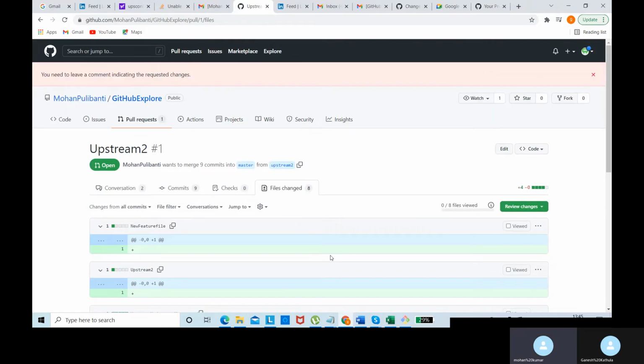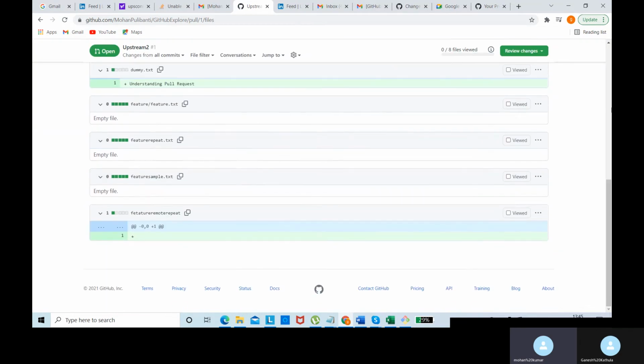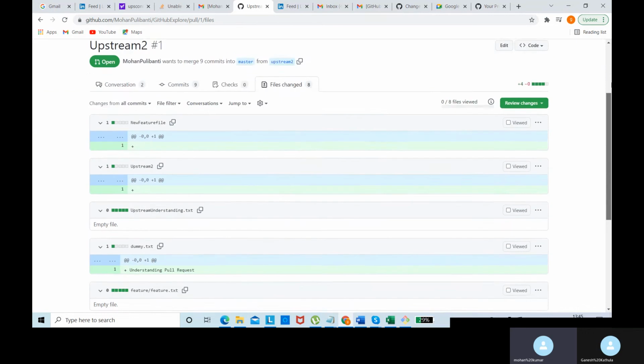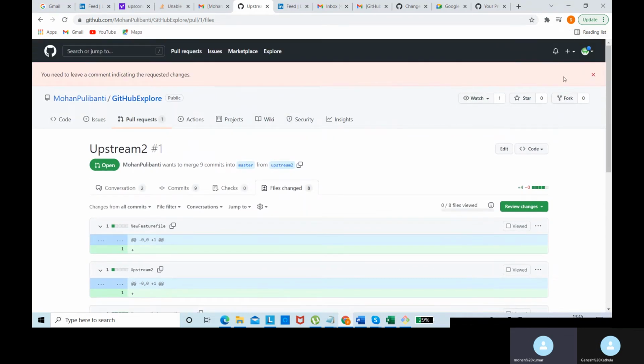So he's requesting some changes for that pull request. You need to leave a comment indicating the requested changes. So you can leave a comment also, scroll up. So he comments. See that, submitted.